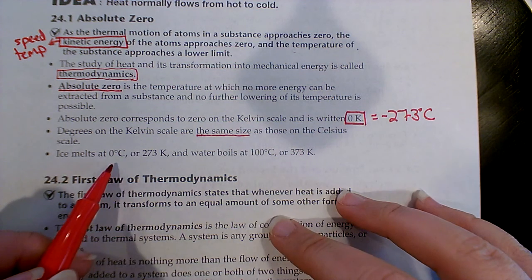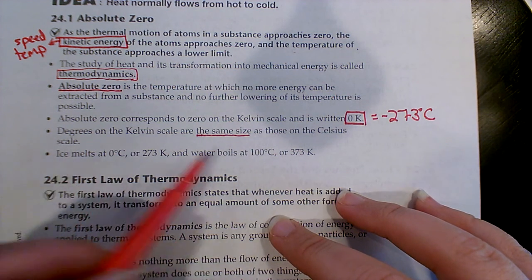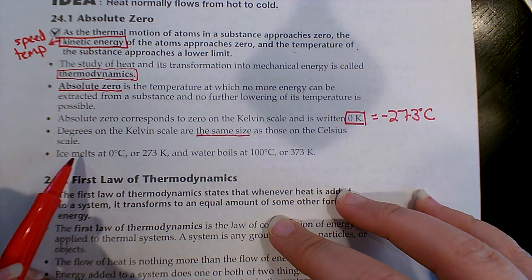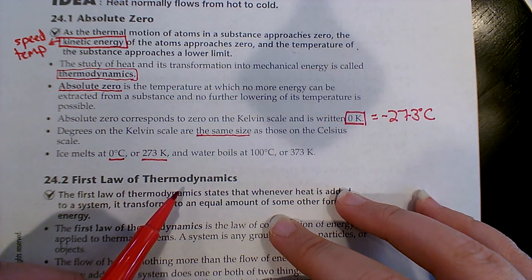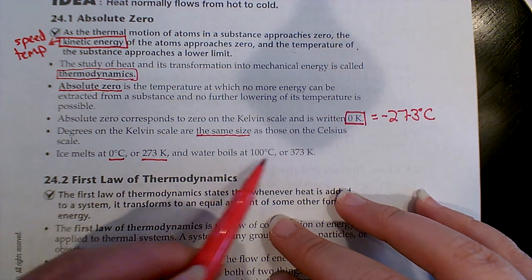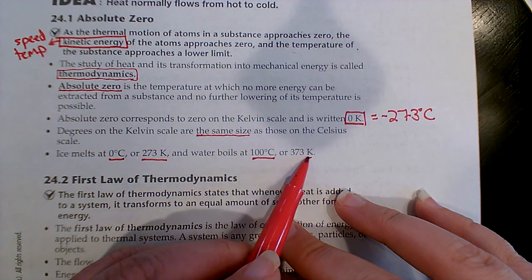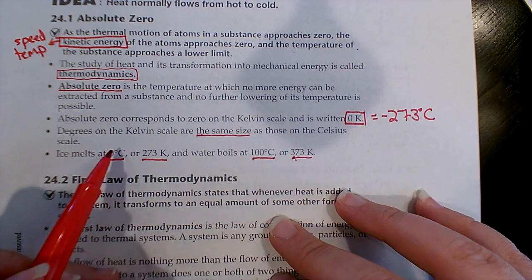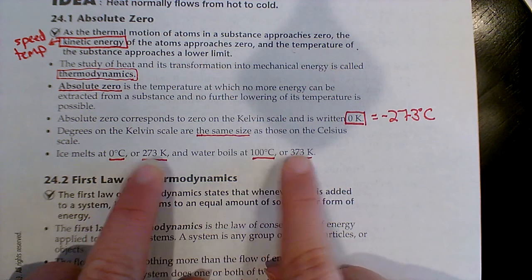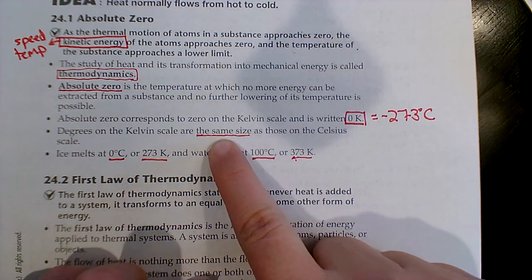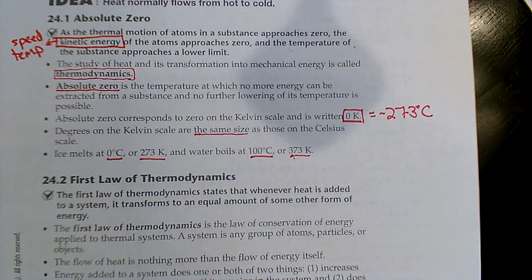And here's our baselines for water. The melting temperature of water is 0 Celsius, or 273 Kelvin. And the boiling temperature, just add 100 to each, 100 Celsius or 373. There's a 100 degree difference between these two, because the degree of each is the same size. Okay, so I feel a little better moving into the rest of this section with that review.